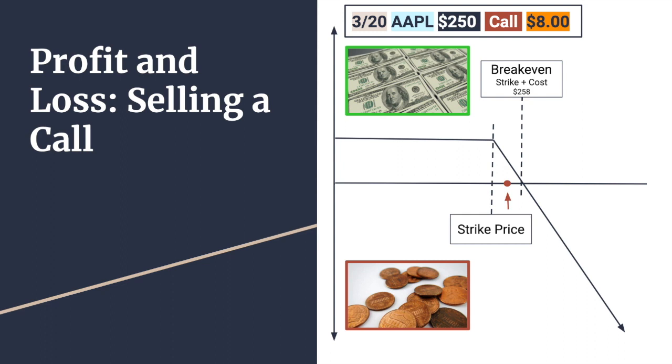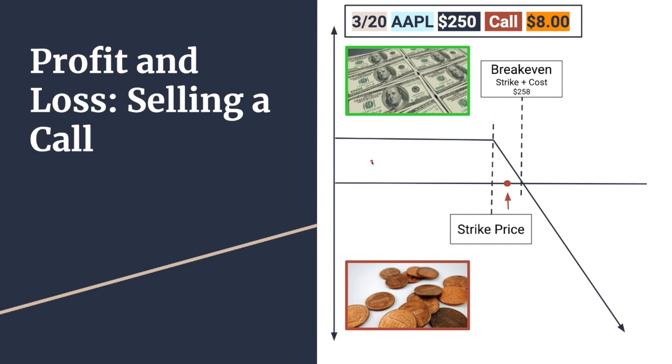Okay, now let's go over selling options. Like I said before, selling options will give you a credit. So when you sell this option, you have a profit of $800. And your maximum profit occurs when you sell a call when the price of the stock is below your strike